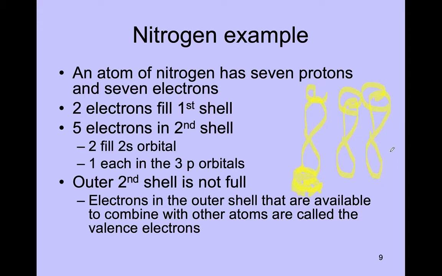Now, since these p orbitals are not completely filled, they want another electron. They want a pair. Electrons want to occur in pairs in these orbitals. So since these orbitals are only half full, this means that nitrogen has the ability to share up to 3 electrons with another element. Now, in atmospheric nitrogen, that would be another nitrogen atom. So atmospheric nitrogen, N2,